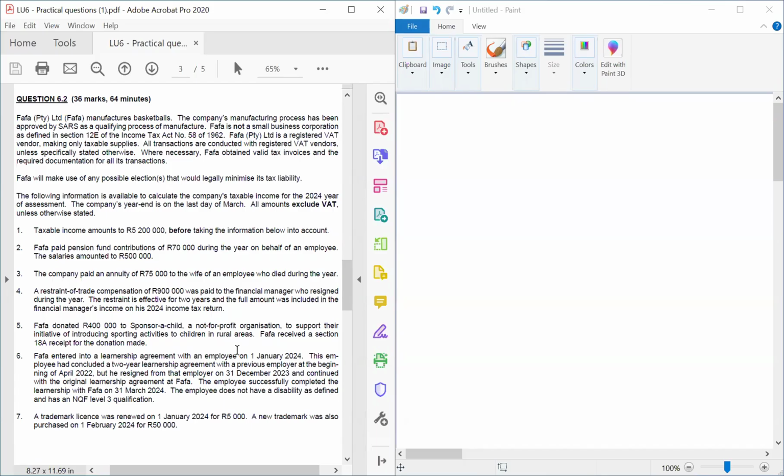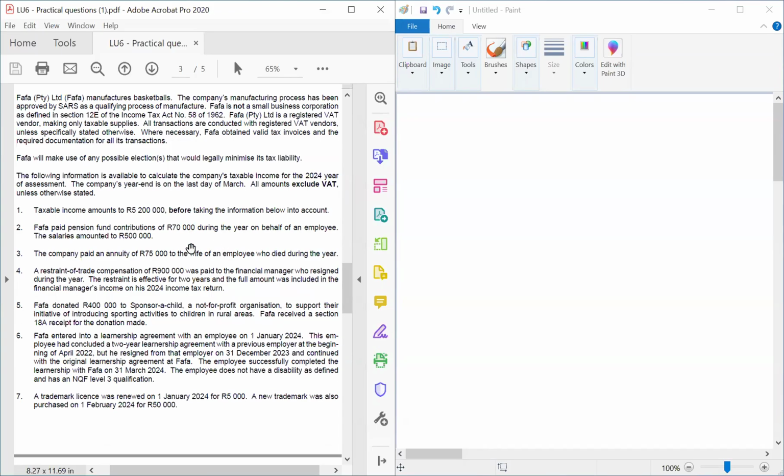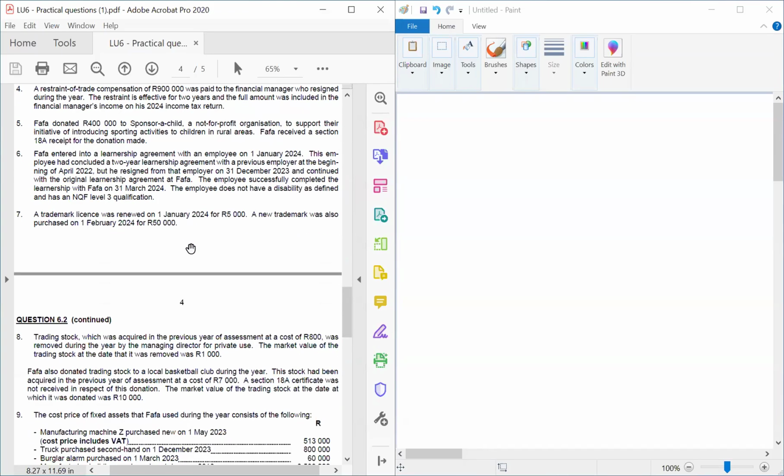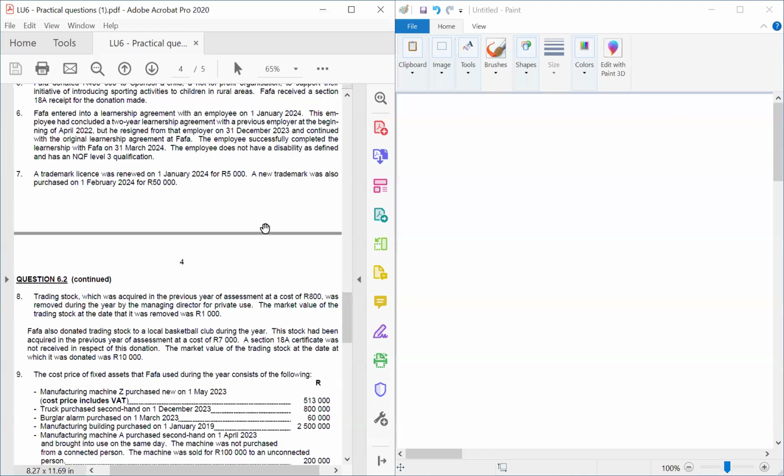So this should be sufficient for the test in terms of allowances. But for gross income and special deductions, etc., the ones that will be highly included in the test, I am going to cover them in the bootcamp class. So now I am just doing this class to save you guys some study time, right? So after we do this question, you can do it on your own and then you mark it and then you know that you are done with capital allowances. You only focus on certain questions that will be at a similar level of assessment, right? Nonetheless, I will show you guys later.